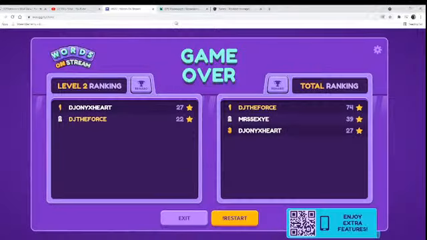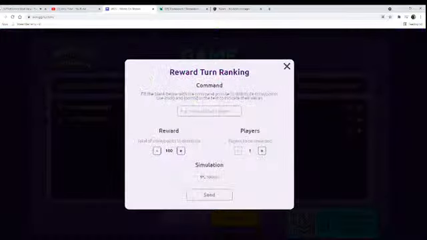So when we come here, there's a reward section. Here you can actually assign what you want to do. It says fill in the blank below with the command you use to distribute points, coins, nicknames, or whatever to indicate these values. So if I put in here an exclamation point,